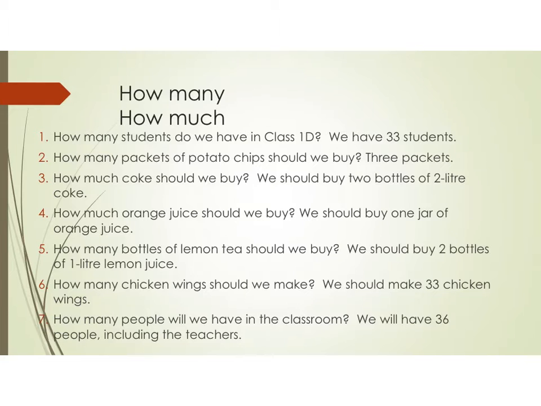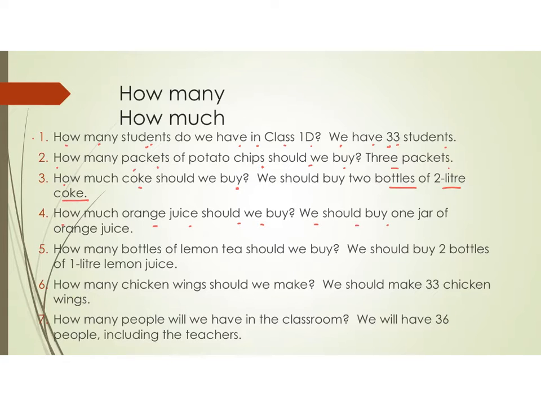First, let's look at some examples. Number 1. How many students do we have in class 1D? We have 33 students. 幾多個學生啊？我哋有係 1D，我哋有33個。How many packets of potato chips should we buy? 3 packets. 買幾多包薯片啊？ Number 3. How much Coke should we buy? We should buy 2 bottles of 2-liter Coke. 買幾多可樂啊？